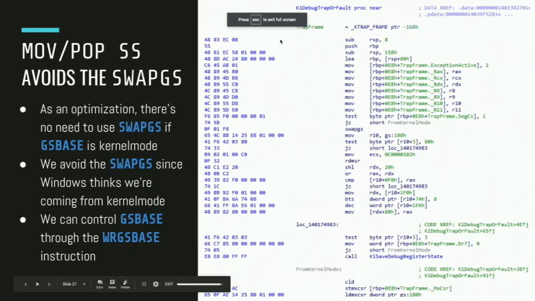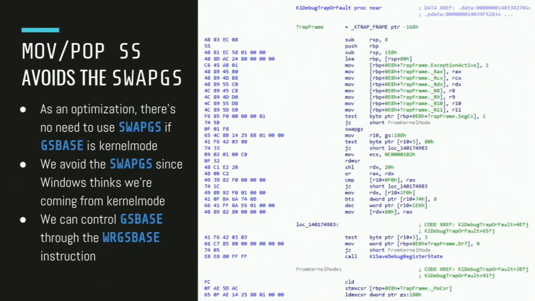It gets better because we can actually use that as a weaponized thing. Instead of just hosing the machine, we can actually get system privileges, but we'll get to that later. Again, the whole beauty of this is that you avoid the swapgs. There's no need to do the swapgs if you're coming from kernel mode. We've looked at this code already, this test, which compares the code segment that's put on the stack when you enter an interrupt handler, checks whether it's coming from kernel mode, and because it thinks it is, it skips this code.